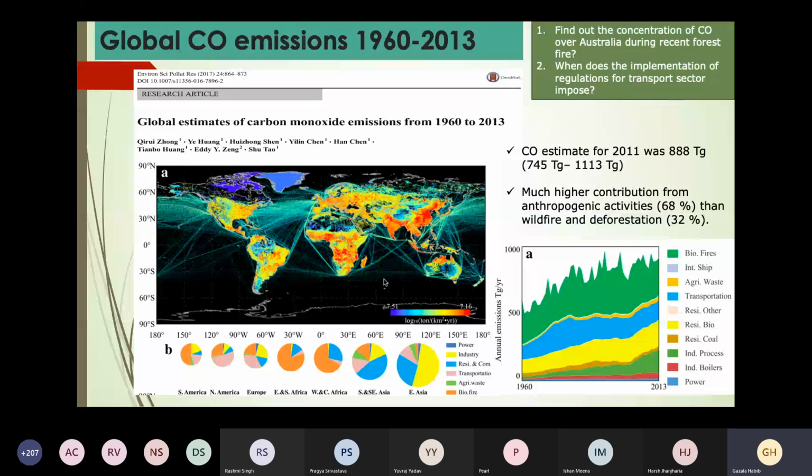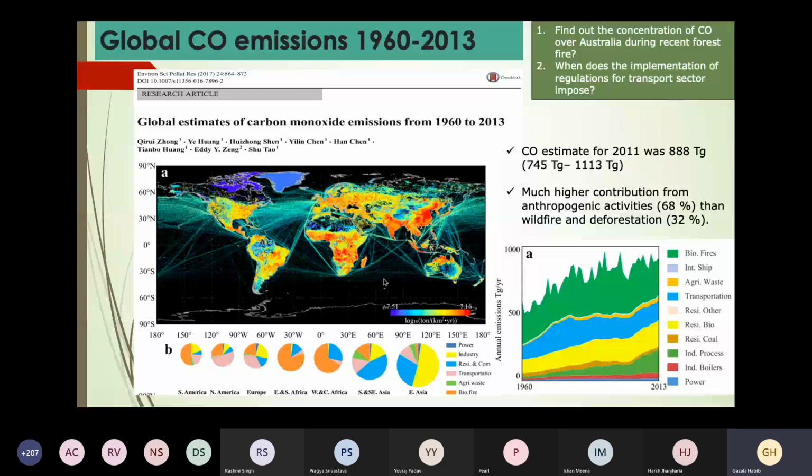Maybe it is because there is less awareness about the health effects of air pollution, or maybe it is just an economic reason, or maybe a combination of both. The reason could be whatever, but because of this problem, a huge global burden of disease has been observed over Indian cities and rural areas.